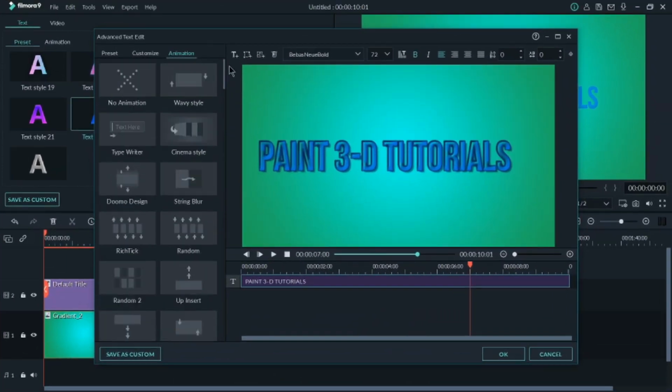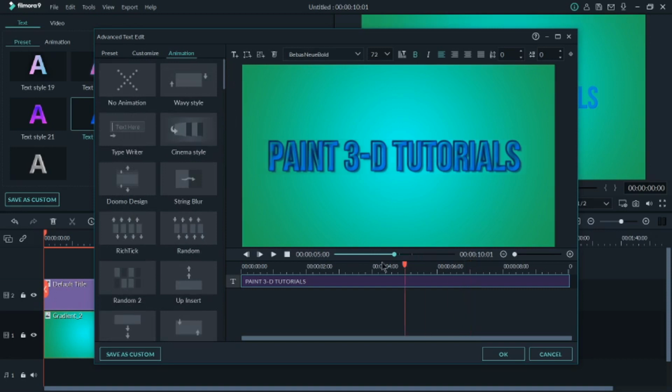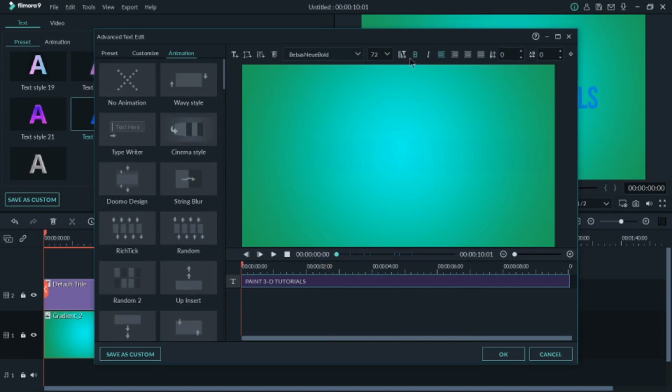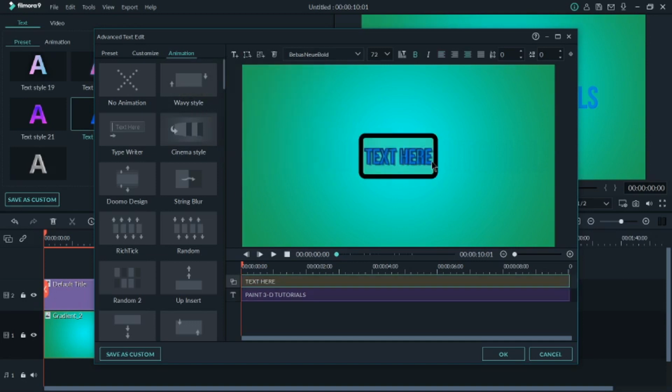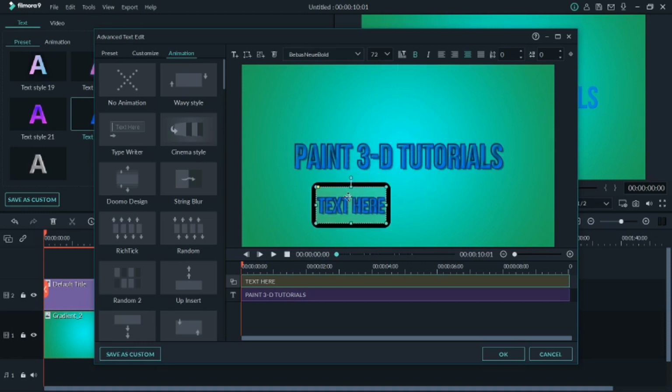Now I'll add some shapes and images to my intro. So how do I add a shape here? So we'll go to this button, add shape, and we'll select any shape from here. For example, I'll take this shape, but we don't want text in the shape. So what we'll do is we'll remove the text from the shape.